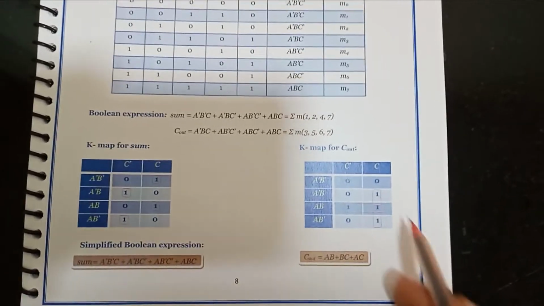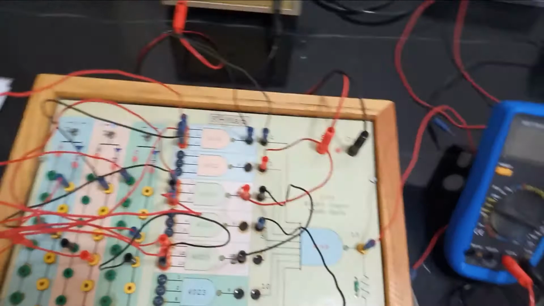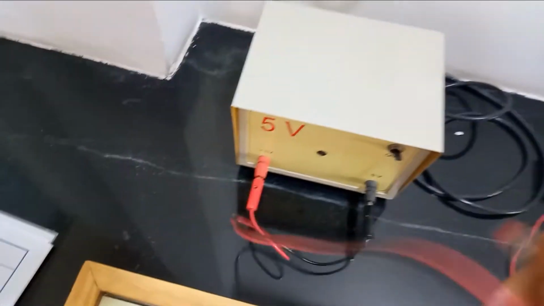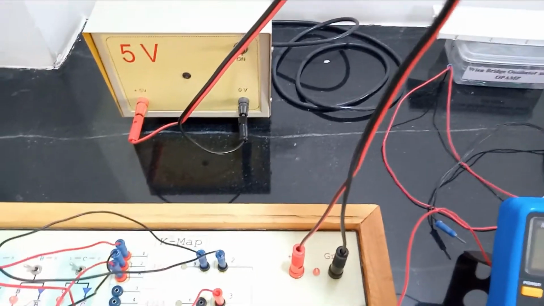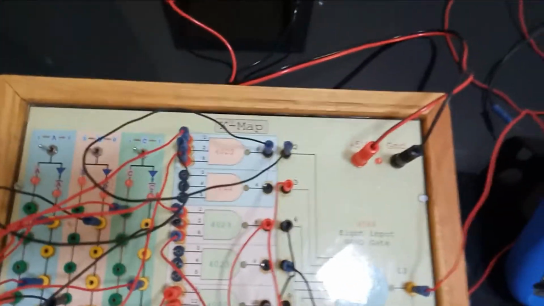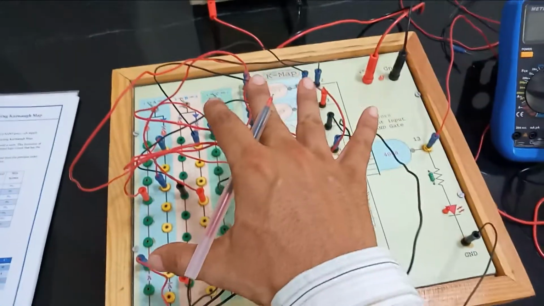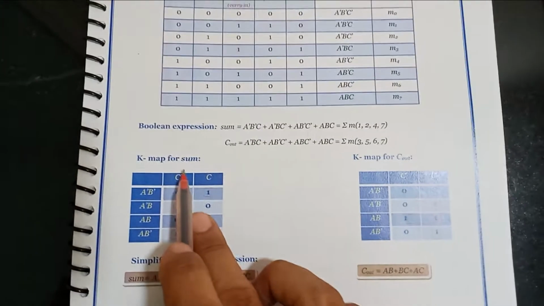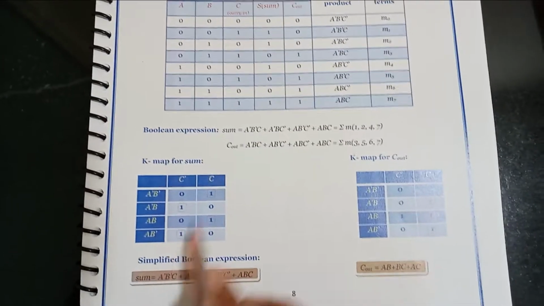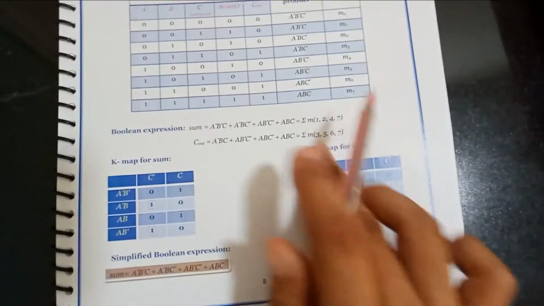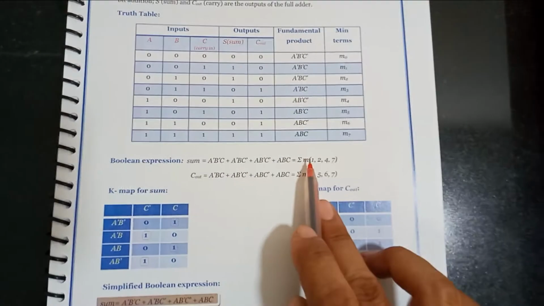Now we have to verify this circuit on the circuit board. So this is our circuit board for the Karnaugh map. First of all, let me introduce the circuit connection to you. It is simple, as what we have seen previously. This is the plus 5 volt and common supply to each one. I have already arranged and made this circuit for the Karnaugh map for this expression.